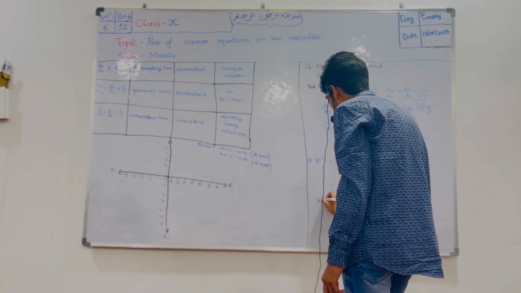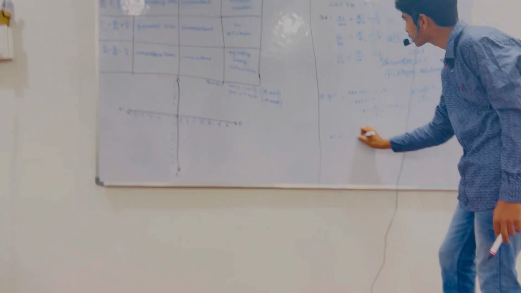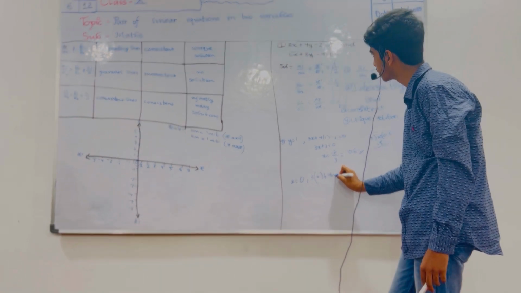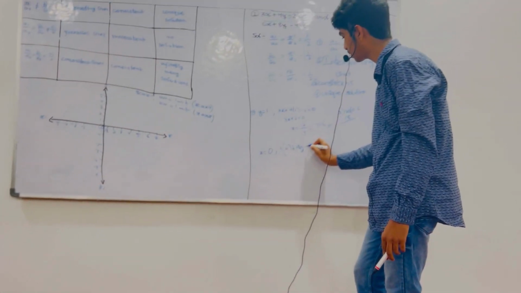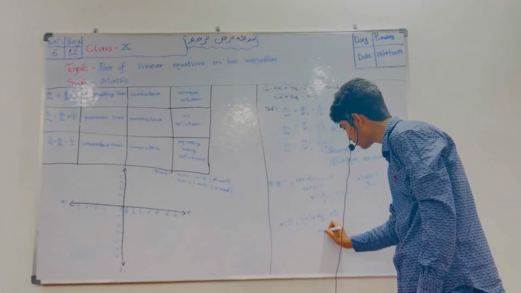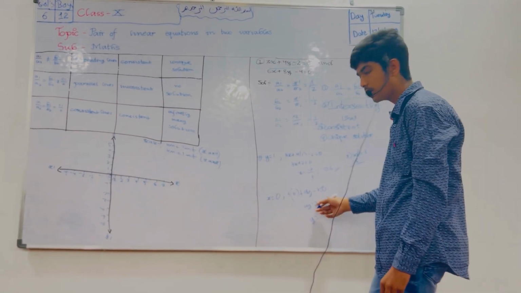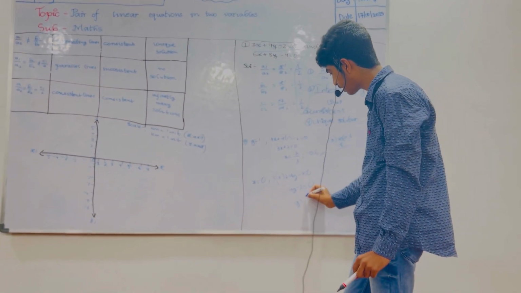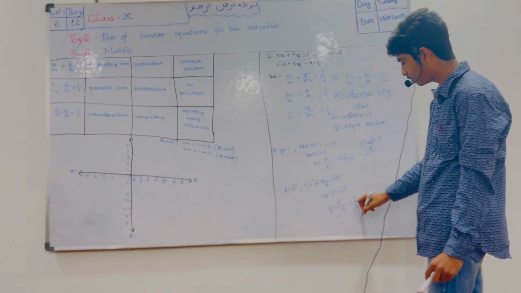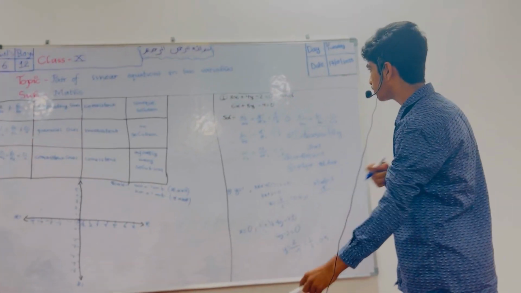The second one is x equals 0. 3 into 0. 3x means x is equal to 0, plus 4y minus 2 equals 0. 3 into 0 is 0. 0 plus 4y. 4y minus 2 equals 0. Y is equal to, it is minus 2. If we transpose it to the right hand side, it becomes 2 by 4. It makes 1 by 2. If we divide 1 by 2, we will get 0.5. Here we get two values for one equation.